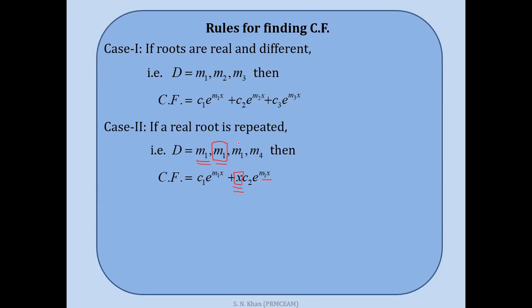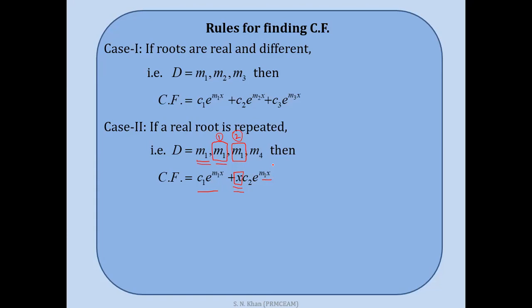Okay, then third root it is again m1, means फिर से repeat हो गया, यहाँ पे one time repeat हुआ था, यहाँ पे second time फिर से repeat हो गया. अभी फिर से अगर repeat होता है तो again we have to multiply the previous term by x. One time repeat हुआ था तो हमने फर्स्ट टर्म को x से मल्टीप्लाई किया था, मींस प्रीवियस टर्म को x से मल्टीप्लाई किया था, अभी सेकंड टाइम फिर से रिपीट हो रहा है, सो नाउ वी हैव टू अगेन मल्टीप्लाई बाय x टू द प्रीवियस टर्म, सो इट विल बिकम x into x as x square,